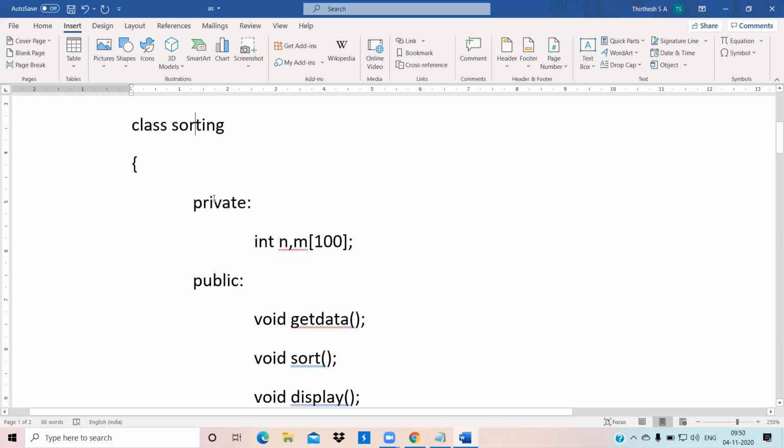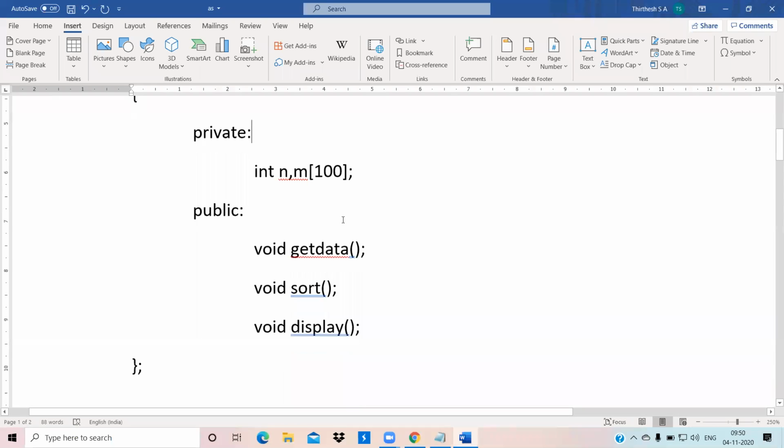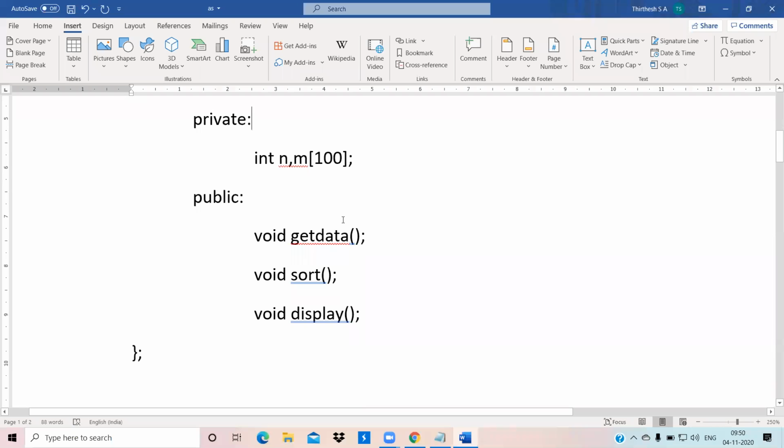By using private and public access specifiers, I have declared my members. Why have I declared them private? Because we should not utilize the data members outside the functions. It will be very difficult because your data will be given to everyone, so it should not happen.